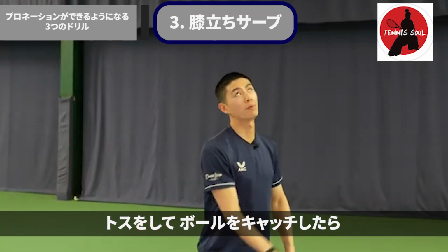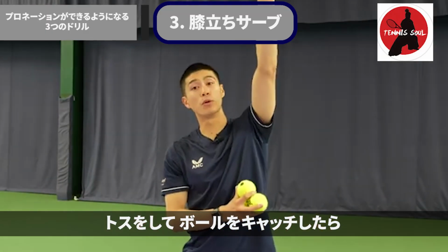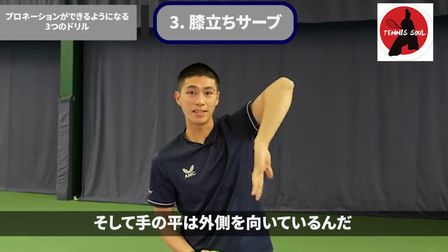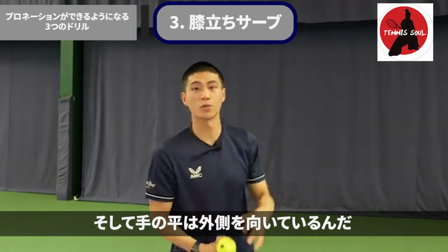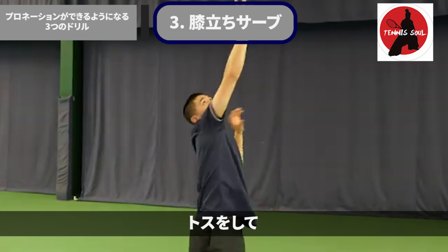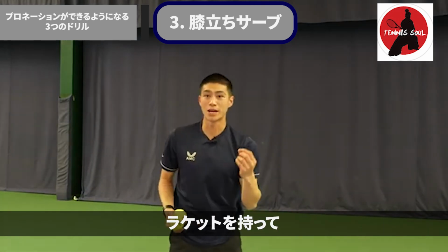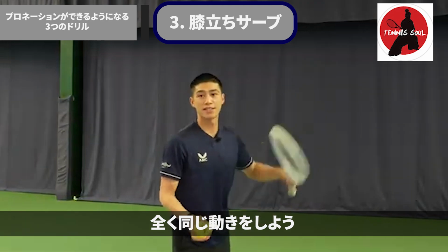I want you to toss the ball up into the air, and then once you've caught the ball, relax with your hand, and as you can see, my hand is edging outwards towards the side of the court. So I'm going to do one toss with the ball, catch and relax, and as you can see, my hand is turning outwards. If I were to have a racket in my hand and do the exact same motion,